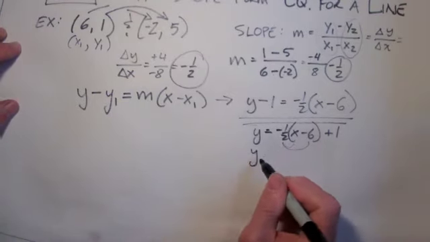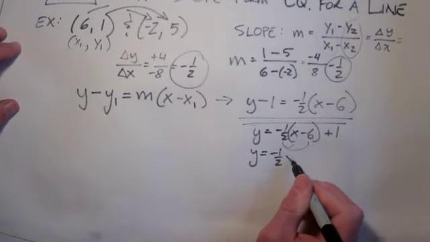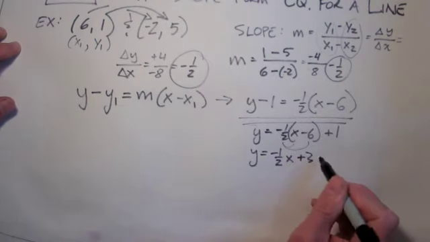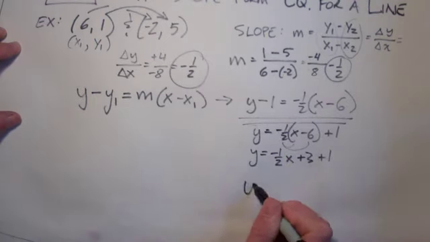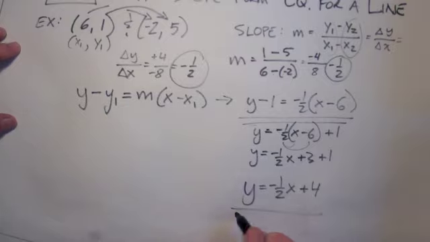And you'll see that I can convert it into standard slope-intercept form. There's my slope, negative 1/2 x. A minus 1/2 times a minus 6 would be plus 3, plus 1. And so my final equation I could put into my calculator would be plus 4 then. So you'll see in the worksheet you're asked to do